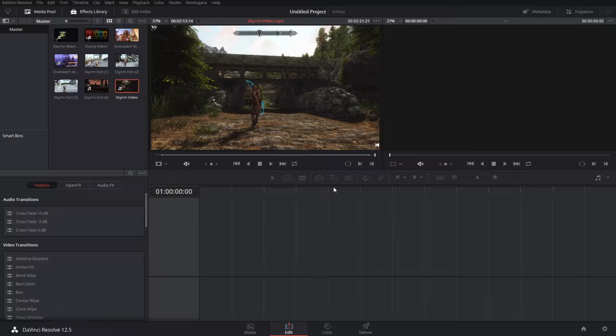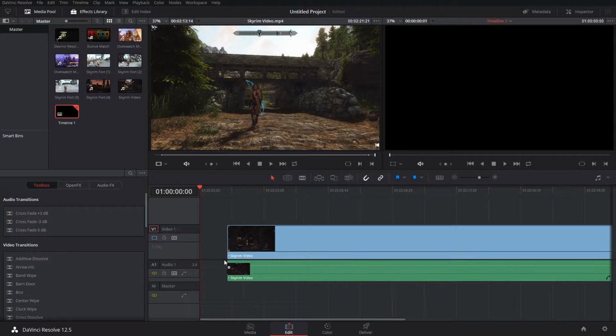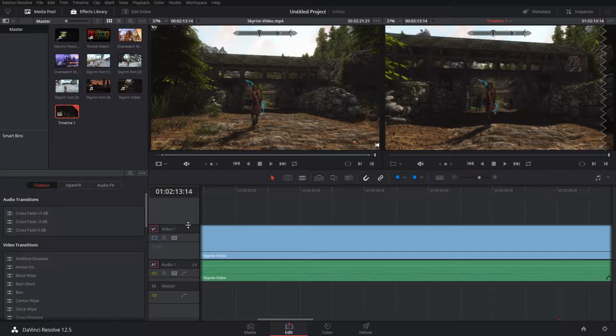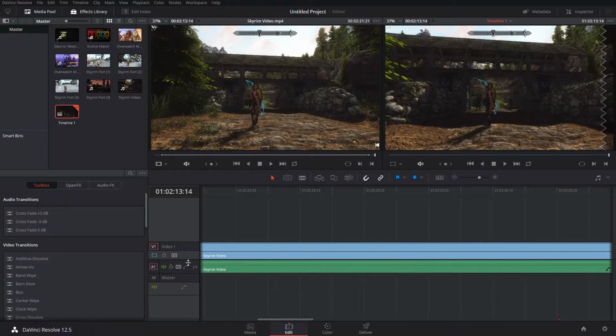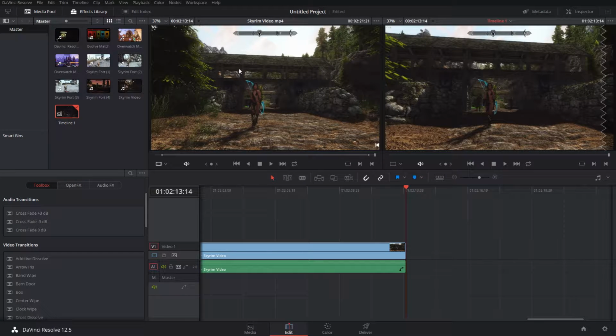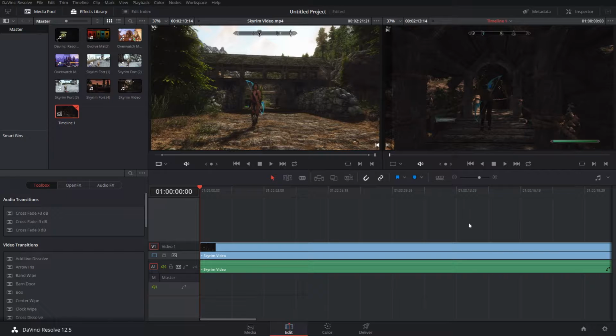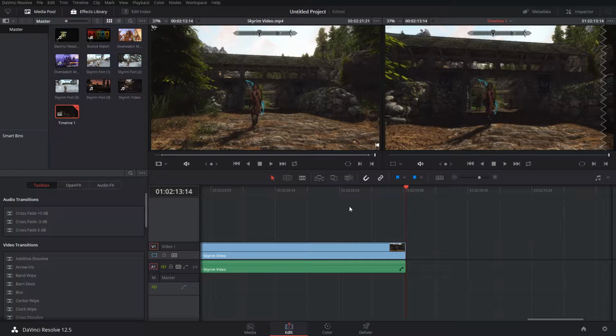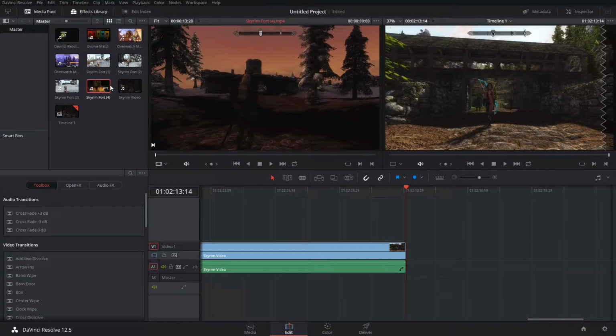When you're done editing it up, you can just quickly drag and drop onto here, and there you go, you've got an easy timeline setup. Just as on the video monitor, on the timeline itself, if you hit up, it'll go all the way back to the beginning, and down it'll go to the next part. Now, it won't go to the very end of the timeline with all the different edits you have on here. It'll go to the end or beginning of each clip. So for an example here,